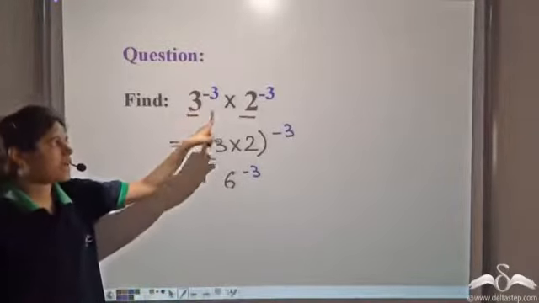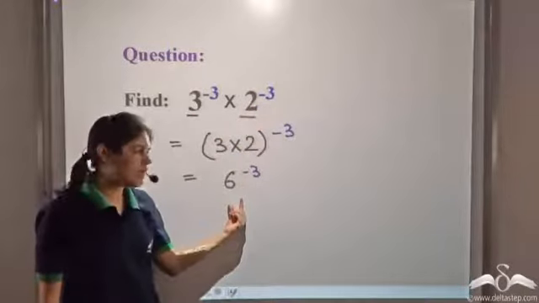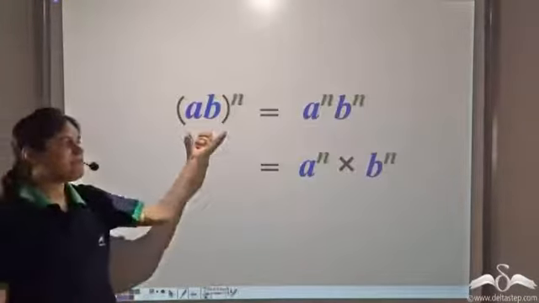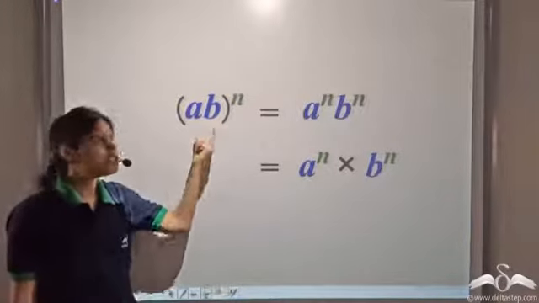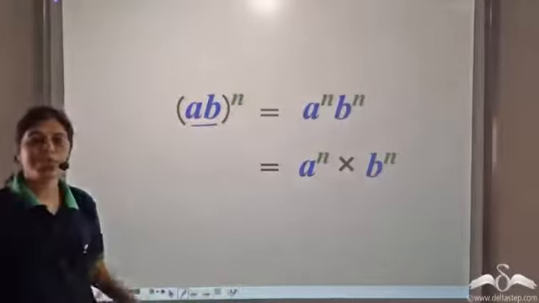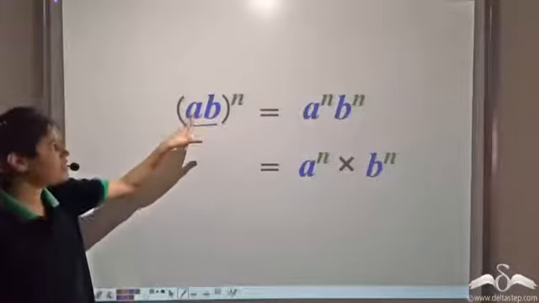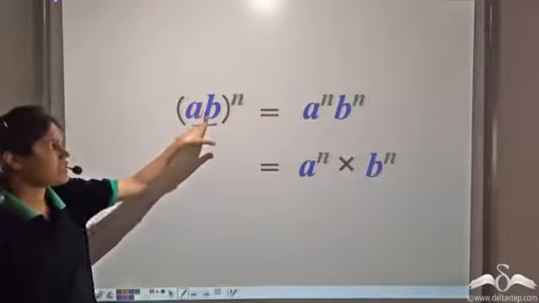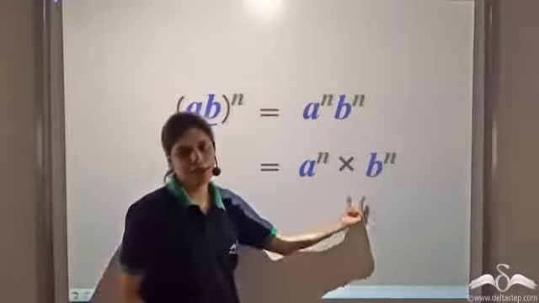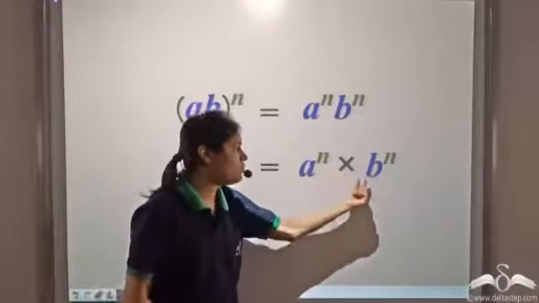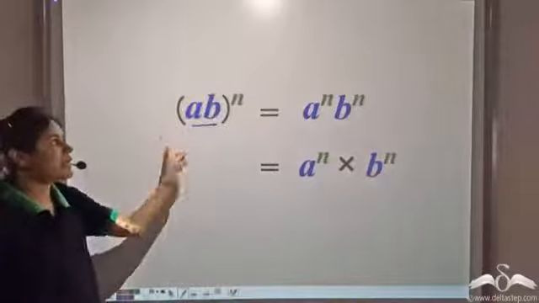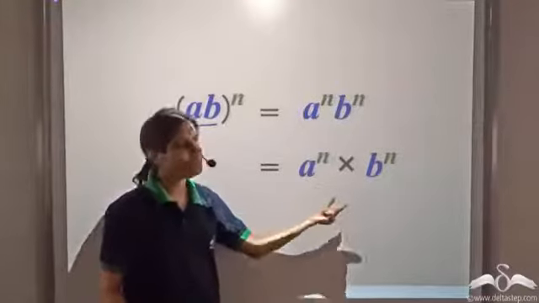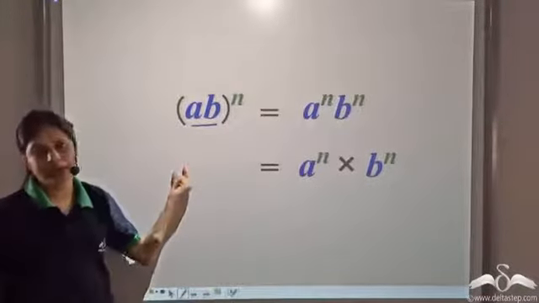Now this a to the power n into b to the power n equal to (ab) to the power n holds the other way round also. That is, if we have an exponential number in which the base can be written as the product of two numbers, that is, if the base is in the form of a into b, then we can write it as a product of two exponential numbers, a to the power n into b to the power n. That is, we can break this exponential number as a product of these two exponential numbers. And using this, we can simplify many calculations.